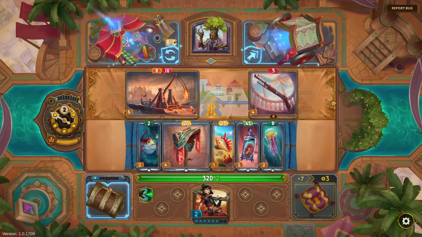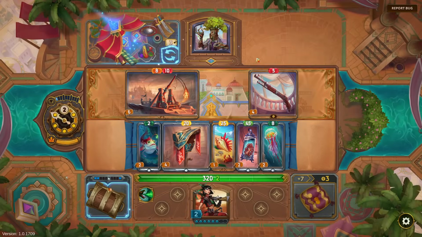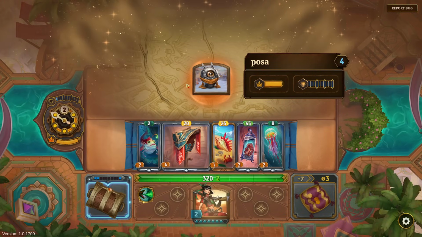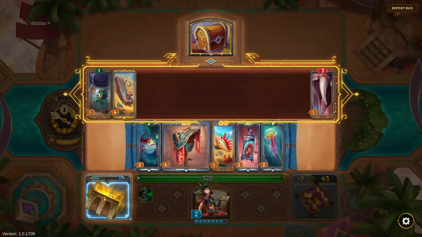The quicker the fight. There's a possibility I could have just re-rolled and tried to really go for it there, but I think that's a mistake. Posa. So I think I can get away without...